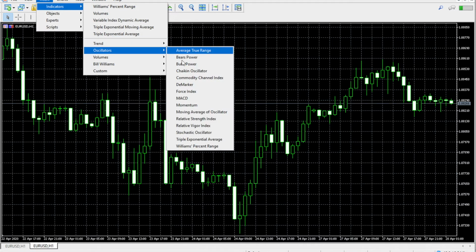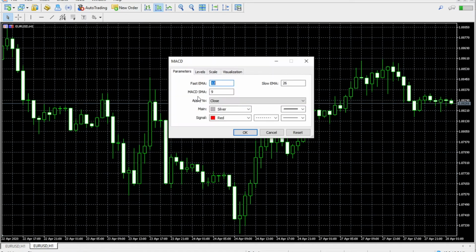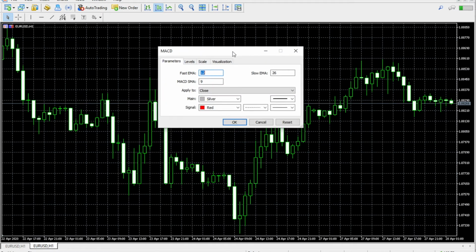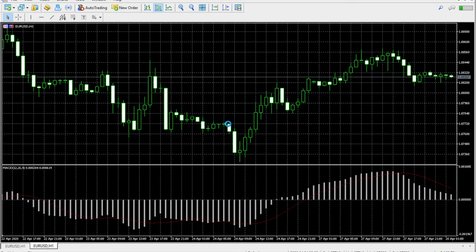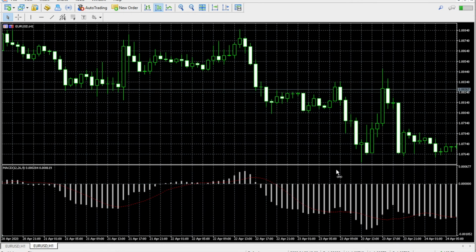This is an oscillator. So under Oscillators, select MACD. Now it will open up a window where you can customize the parameters. As you can see, the fast EMA we've set is to 12. The slow EMA is set to 26, and this is the 9-period SMA I was talking about. Here you can customize the colors, and you can apply it to any part in the market. So press OK, and this will open up a separate window. So once you have this in play,